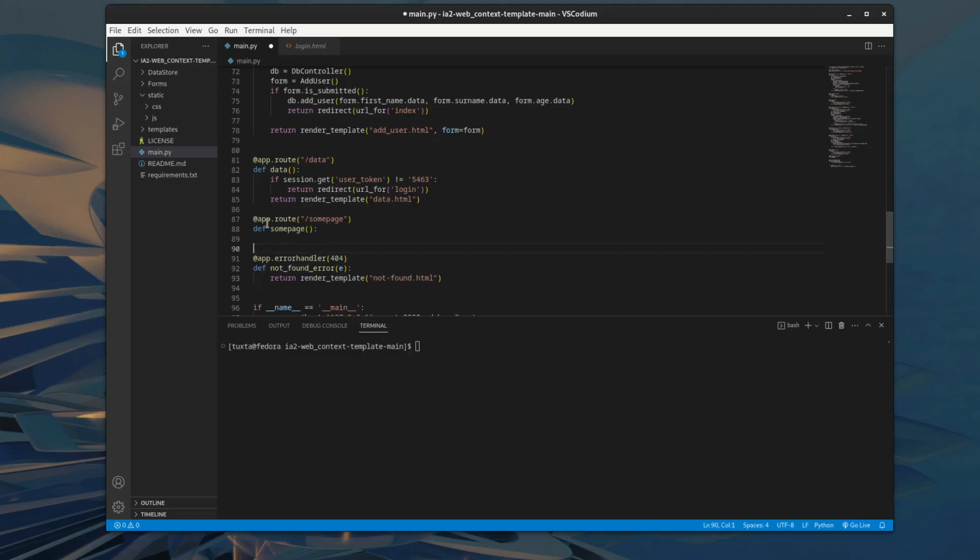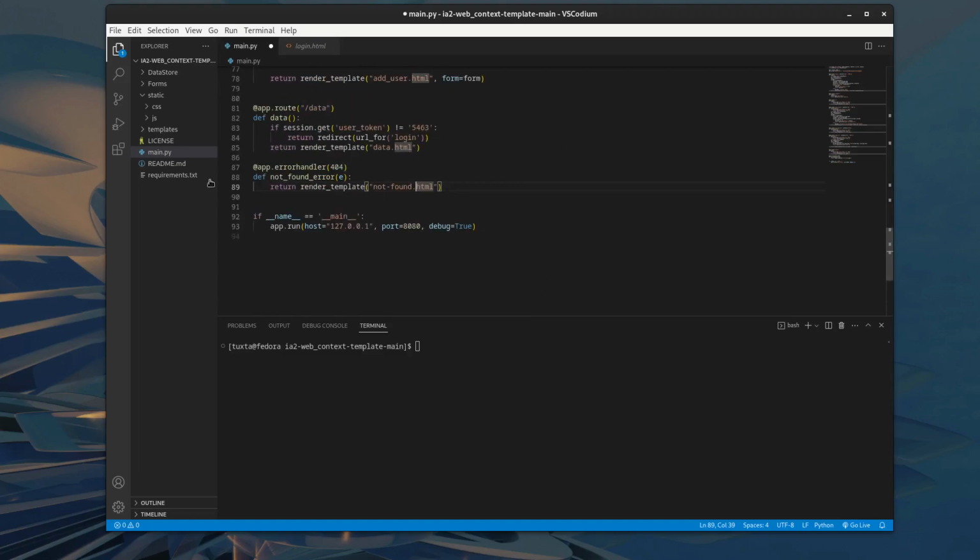Okay, so it really is that easy to just add a page. As I said, it's not a Flask tutorial. So if you want to know how these different parts work, like the redirect or the render template, that's Flask specific. It's pretty easy to look up and learn about. But this template will just give you a running start. Once you understand some basics of Flask, it has the built-in